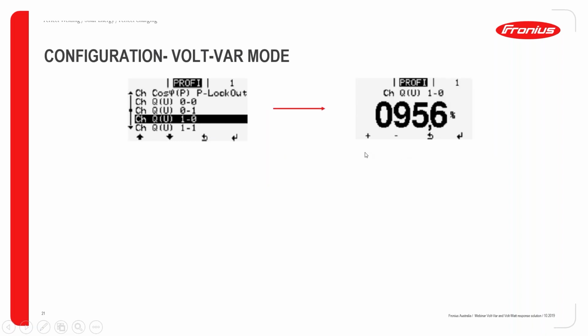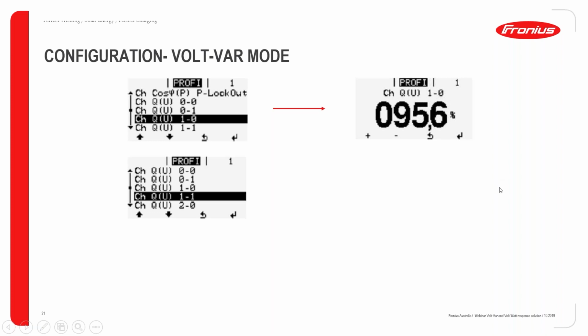CHQU1-0, same thing here, which is the second voltage reference point divided by 230 volts. That gives you this figure, and this is only an example here. I mean, the actual value will be different according to the calculation. And then you just press enter. You will be automatically brought back to the Profi menu. Go to the next option,